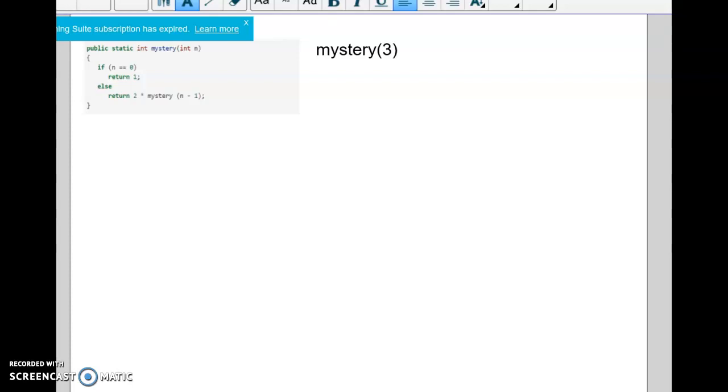Hi, in this tutorial we are going to go over how to traverse recursive methods. In our first example we have a pretty simple recursive method called mystery, and the parameter that we're going to use is 3. When you work with a recursive method, you basically are just going to follow the directions inside the method. It says if n is equal to 0, which in this case it's not, it's 3, we return 1. Otherwise, we're going to return 2 times